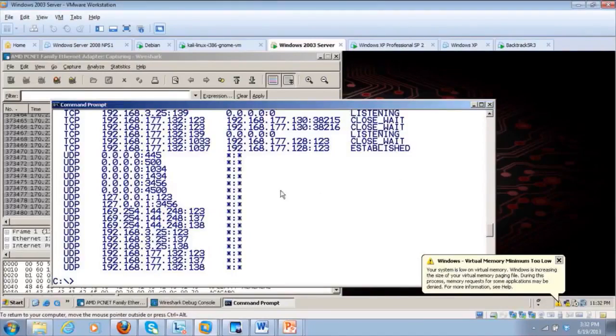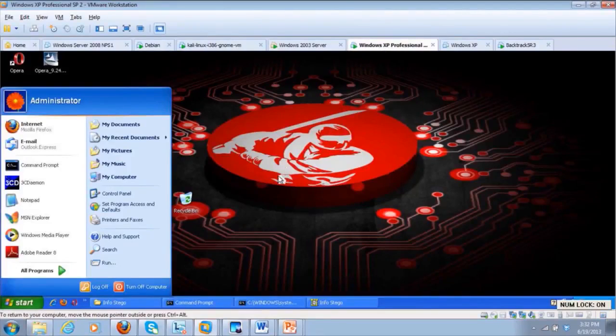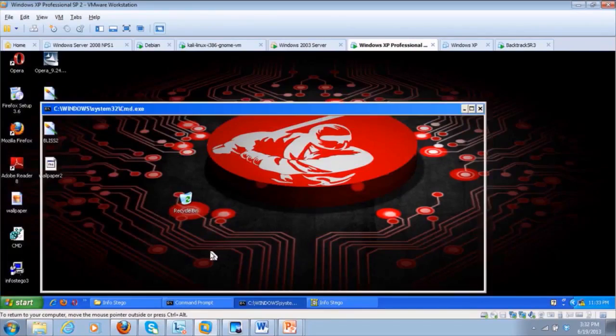But you see, it's a little bit different today because modern day operating systems know this is not a good thing to have all these open connections. But it's still going to crash the box eventually. So we'll actually switch and go over to our Windows XP box,